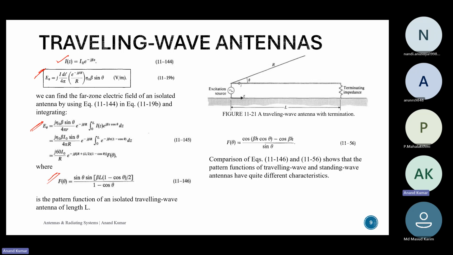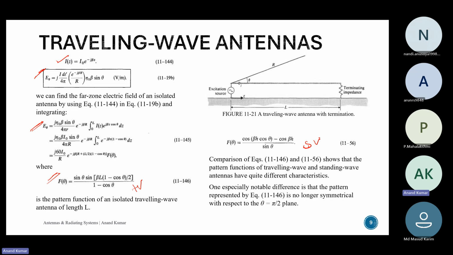Comparing this pattern function, so this is the pattern for the traveling wave antenna, and this is the pattern function for a standing wave antenna. And if you compare these, they are different. And one of the important differences is that the pattern function for a standing wave antenna is